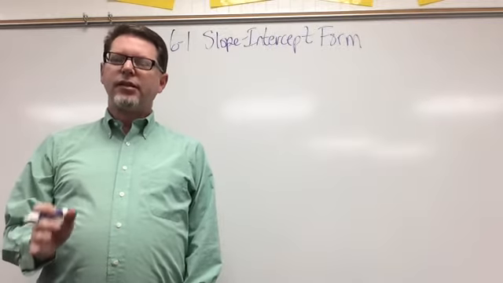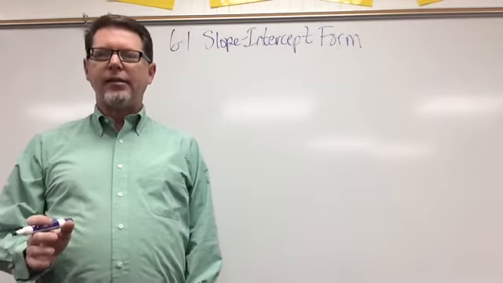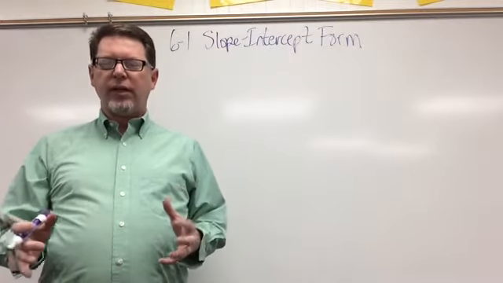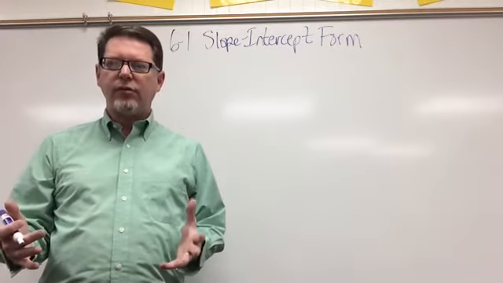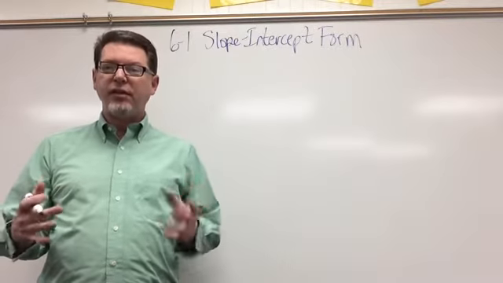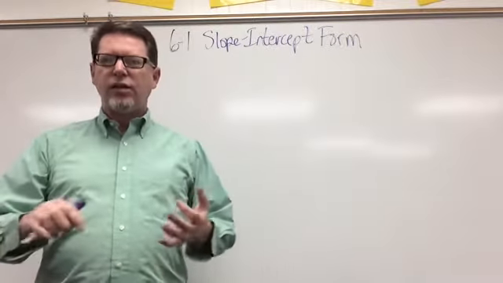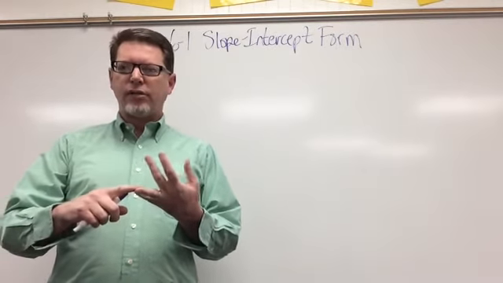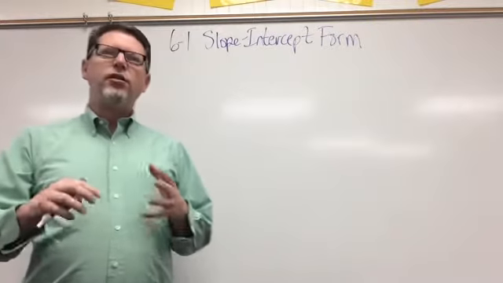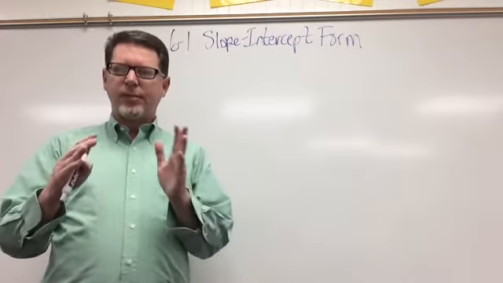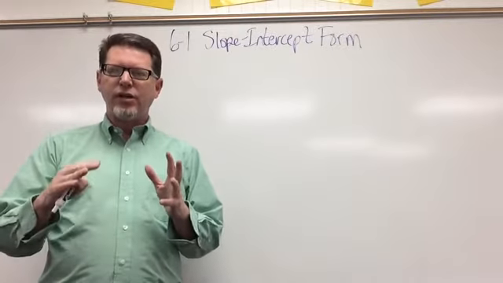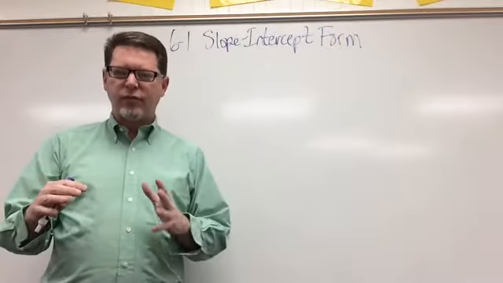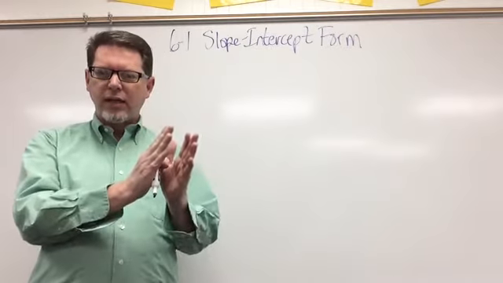Hello students, today we're going to look at 6-1, and it's the slope-intercept form. Now you'll remember that the last video you watched had to do with finding the slope or the rate of change using either rise over run or y2 minus y1 over x2 minus x1. And slope is represented in an equation with the letter m. And so when we talk about slope-intercept form, we have to know the slope of the line and